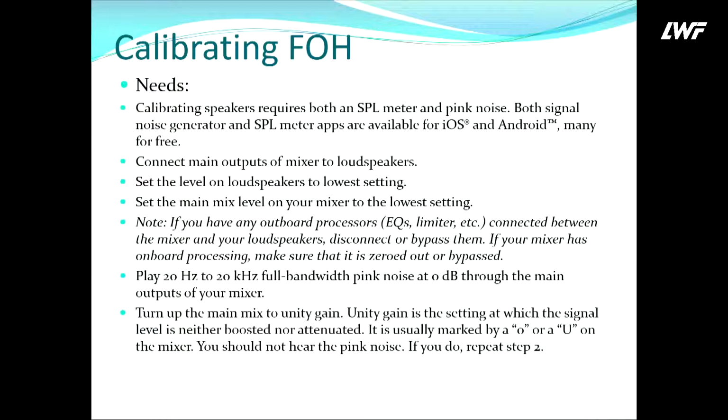This is calibrating for front of house. But if we are going to go into this, medyo mahaba-haba. Because what I want to do is I want you to go home with something as a takeaway. But we'll go over here just for you to be able to come out with an idea on how to do things. You always work on unity gain. Dapat, as much as you can,